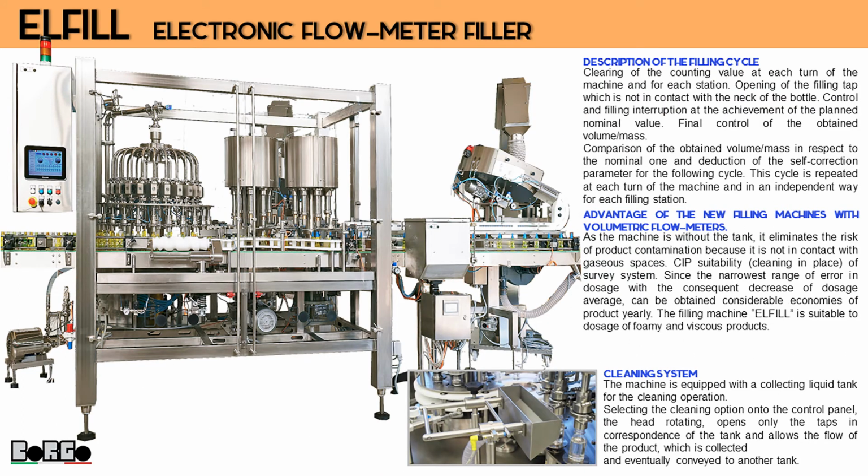Description of the filling cycle. Clearing of the counting value, at each turn of the machine and for each station. Opening of the filling tap, which is not in contact with the neck of the bottle. Control and filling interruption at the achievement of the planned nominal value. Final control of the obtained volume or mass. Comparison of the obtained volume or mass, with respect to the nominal one, and deduction of the self-correction parameter, for the following cycle. This cycle is repeated at each turn of the machine, and in an independent way for each